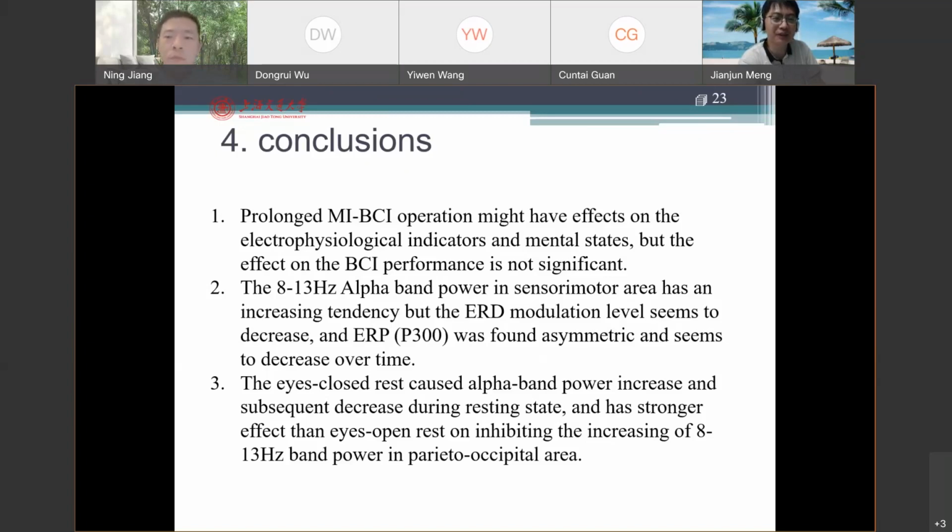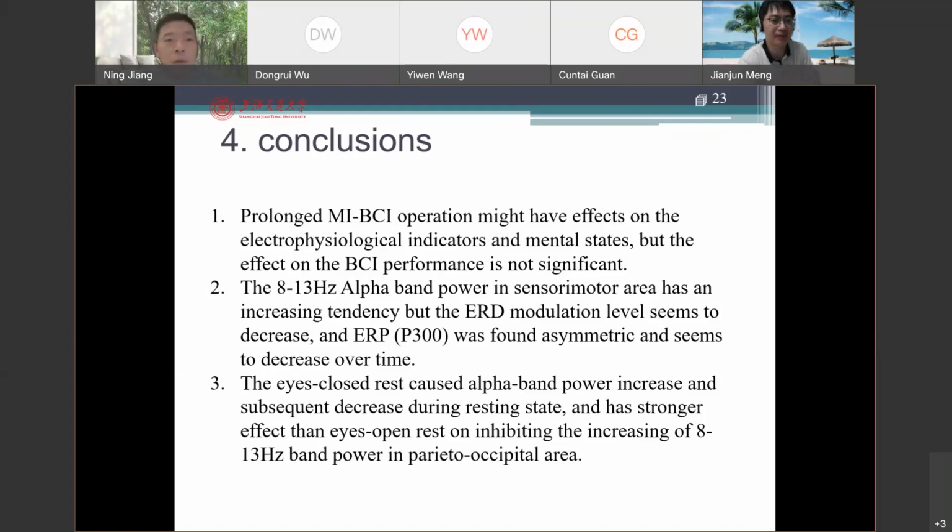So partially it might be because the method we use might not be so sensitive to fatigue. I think that might be one reason. And if that is the case, it might be worth trying whether it also holds in the patient population. If that holds, I think that might be a good sign for clinical application.